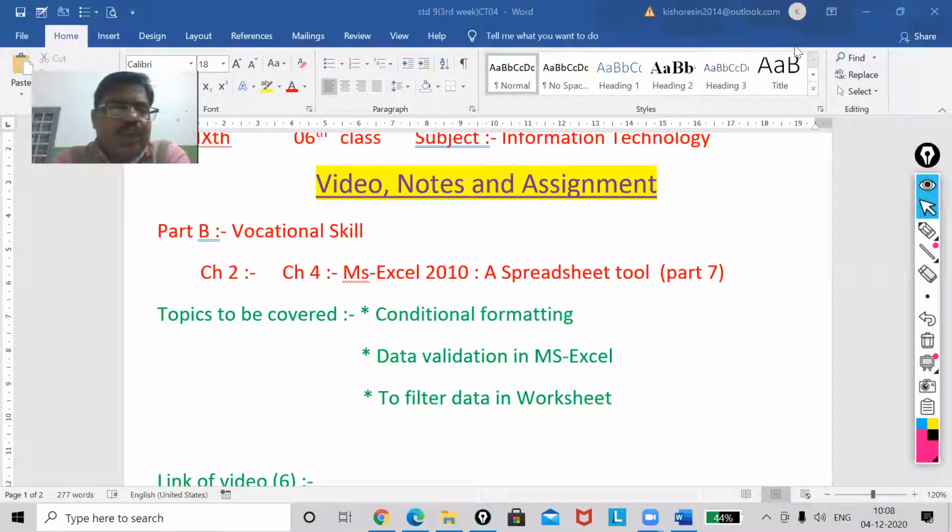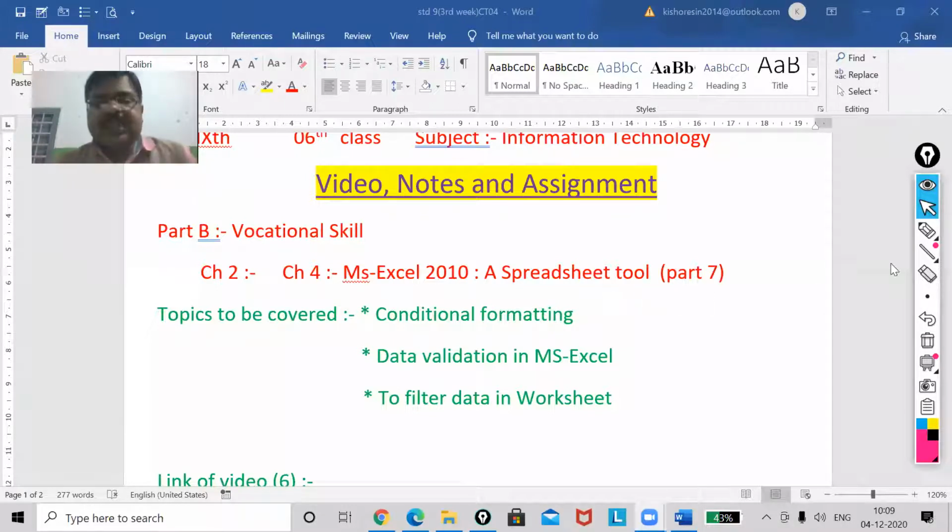Very soon your class test 4 is going to be conducted. The date will be announced shortly, my dear. So you have to prepare your topic very nicely. As you know, in 9th and 10th, we never give a portion. Your portion is from the beginning till there. Whatever topic we teach, that will be your portion.